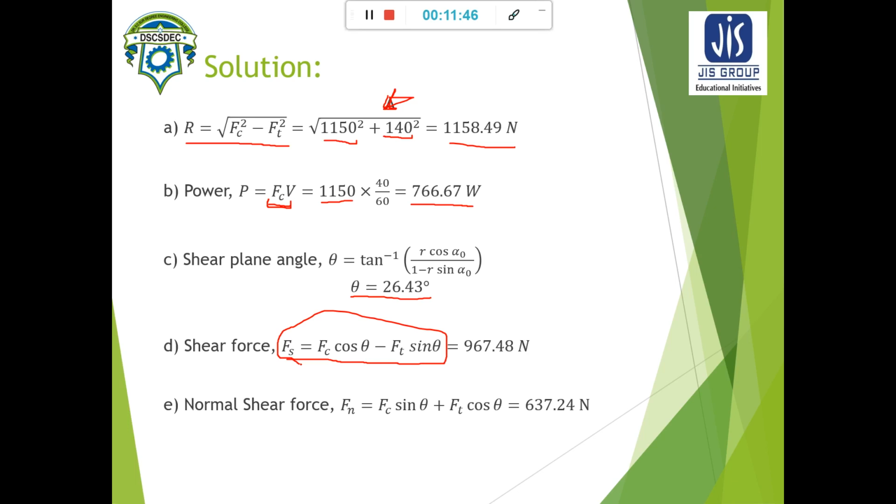So shear force is nothing but Fs, that is given by Fc cos theta minus Ft sin theta. And the normal shear force, that is perpendicular to this shear force, is given by Fn is equal to Fc sin theta plus Ft cos theta. So if we put the value of Fc and theta, where theta is 26.43 degree and Fc is 1150, so we put the value here as 1150 cos 26.43